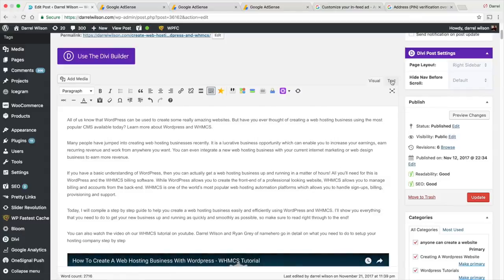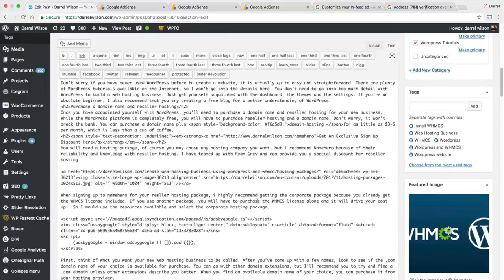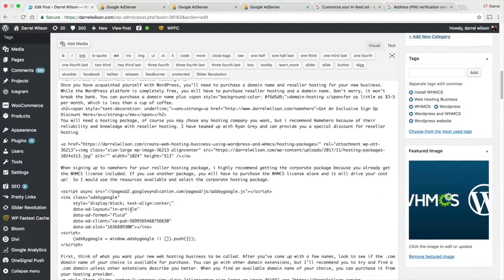You're going to click on the text, okay? Not the visual, the text. It must be on the text or it will not work. And then you simply go ahead and, right here, I have my ad. So wherever you want your ad, just paste the code in there. And that's it. Make sure to leave some spaces so it doesn't interfere with your text,